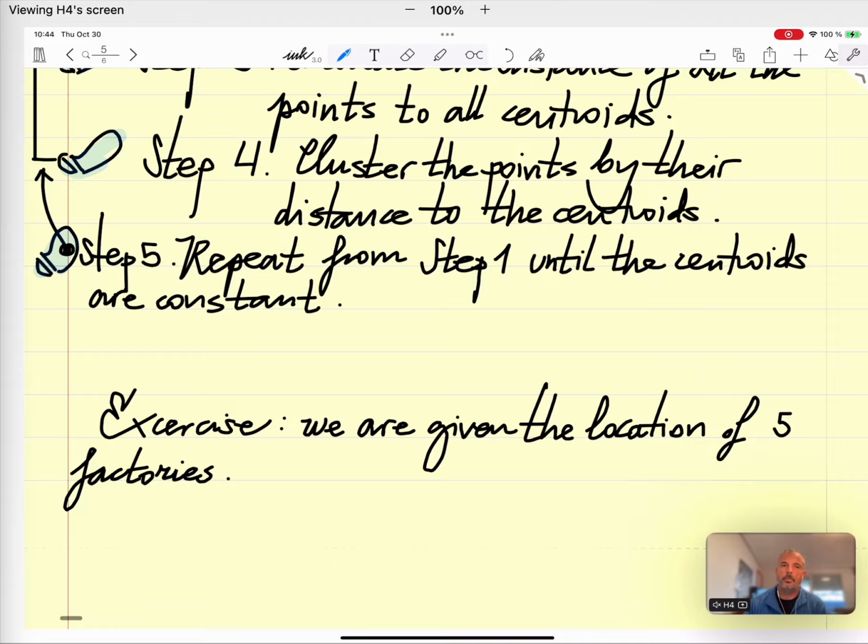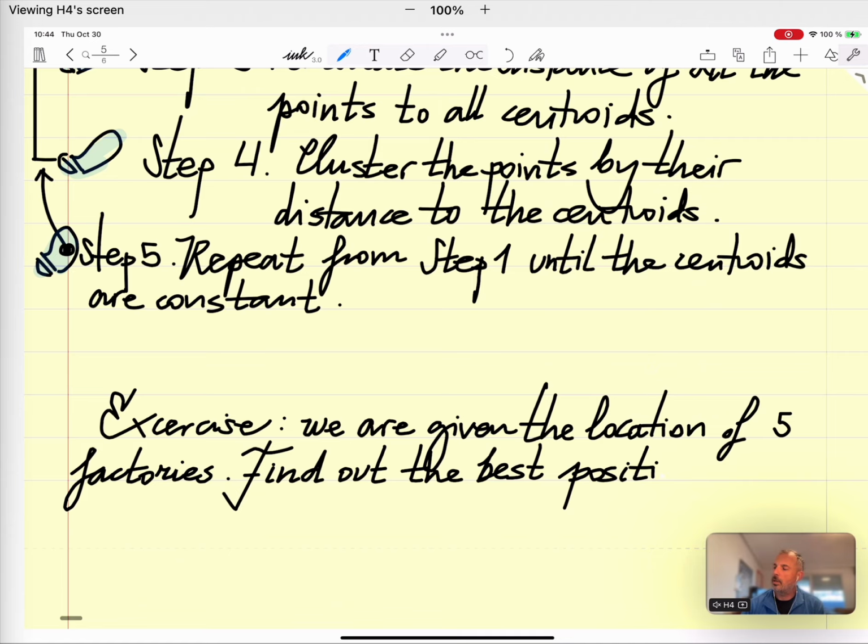Okay? Find out the best position of 2, so K is 2, of 2 warehouses